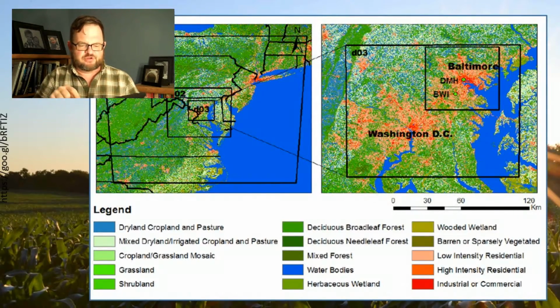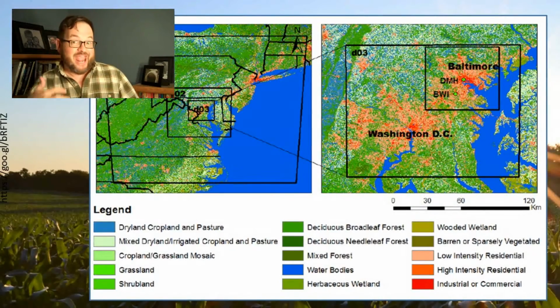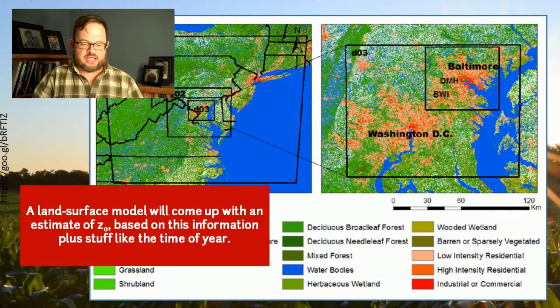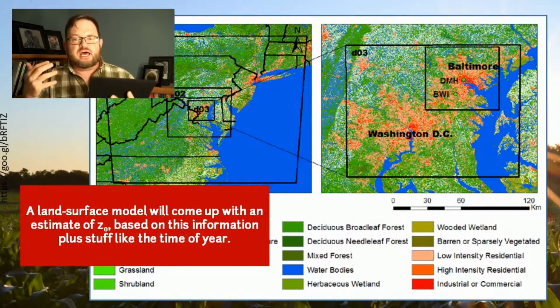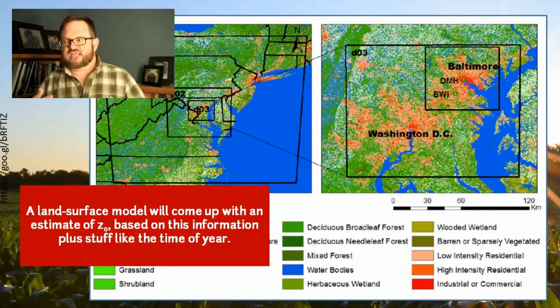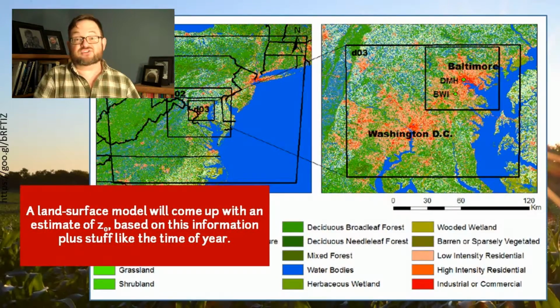They were just zooming in on different domains and showing how all of these individual grid elements within the model have been characterized as different kinds of urban, industrial, wooded wetland, deciduous broadleaf forest, mixed forest, etc. And for each of those pixels, there is some associated annual cycle to the estimates that will result in how the model will decide what to use for the value of Z0 at that location. Some of them even get more sophisticated about it and take into account things like growing conditions and so on. Clearly the roughness will be different depending on how the plants are doing.